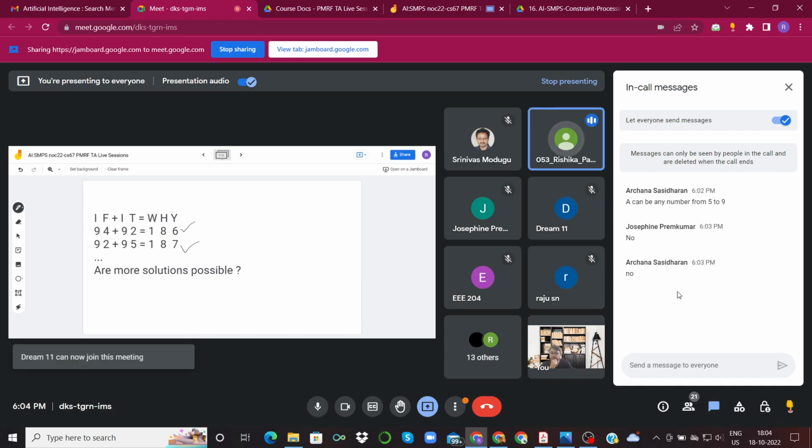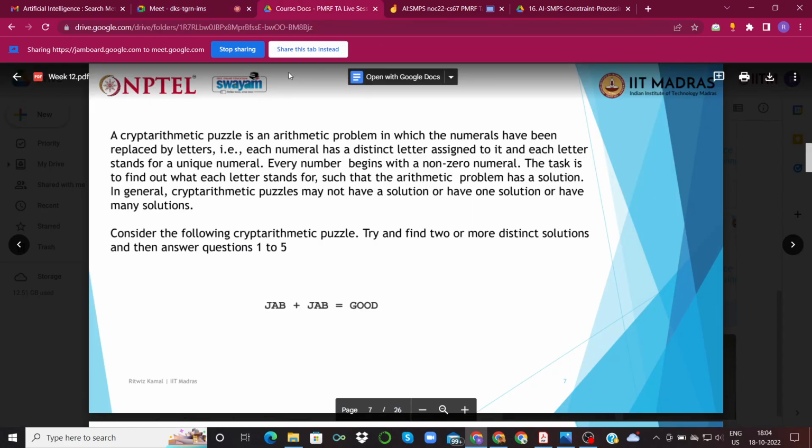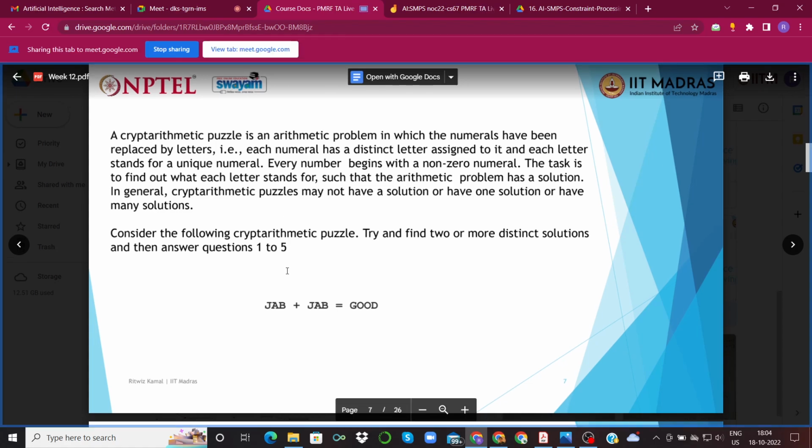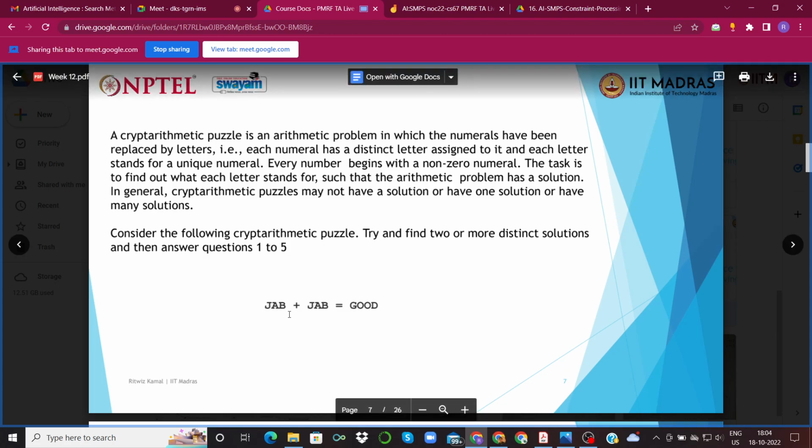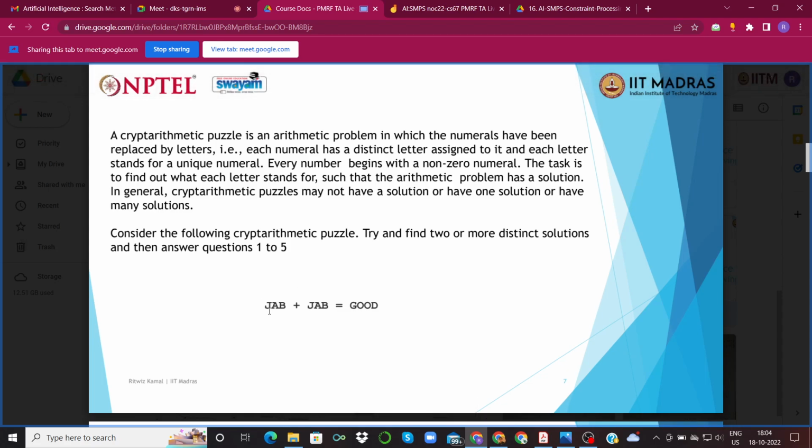Sorry, I didn't get it. Can you explain, like the previous question, that A plus A is equal to CD? Okay, I'll show the premise once more. We are given a cryptarithmetic puzzle. Basically you can say that these alphabets, or these sequences of alphabets, are a kind of encryption. These actually stand for some numbers, and this poses a problem. Imagine that instead of J there is a number over here, instead of A there is a number over here, instead of B there is a number over here, and we have to find such numbers such that